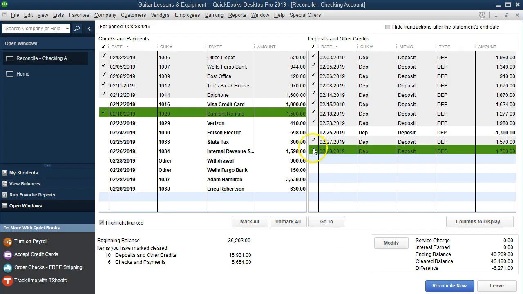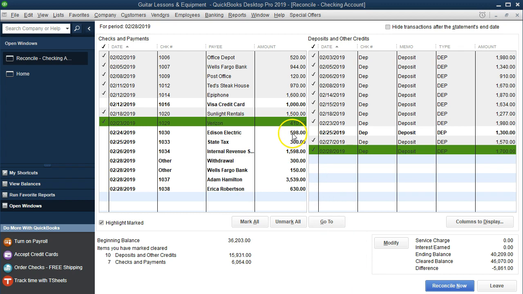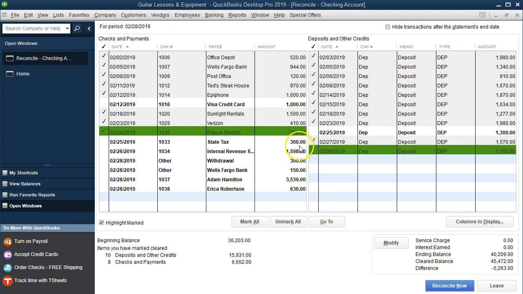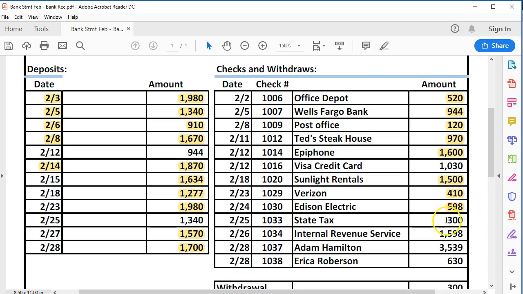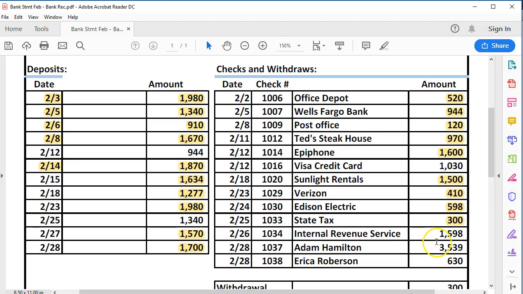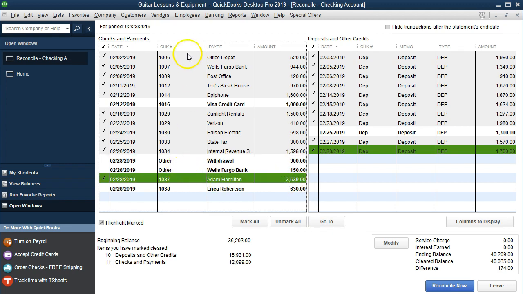Next one is going to be 410. Then the 598, then the 300, then the 1598, then the 3,539. We had to skip a couple, and that's not unusual because notice in order not by check number but